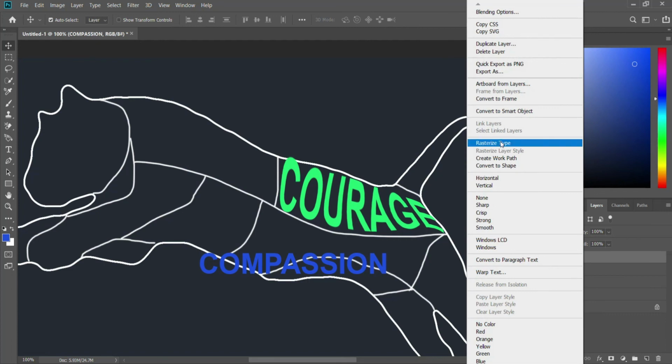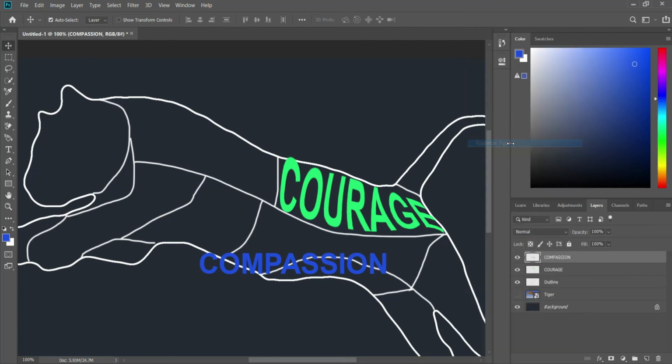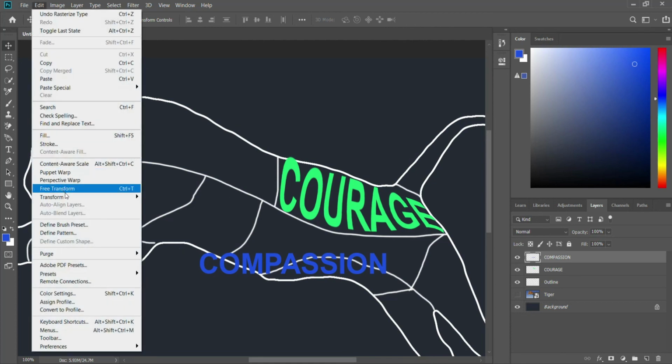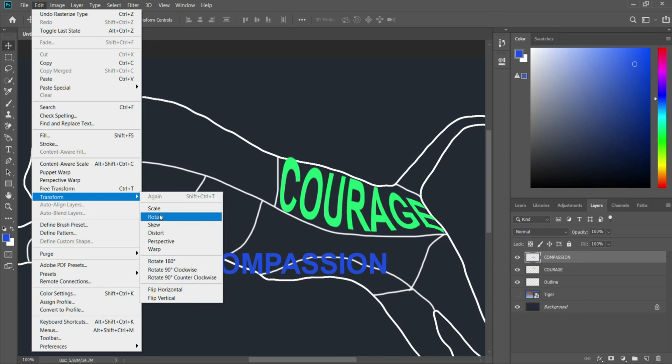Right, so right click at that particular layer, you just click on rasterize type. Okay, so you need to rasterize that particular layer when you want to save it later. So just now we rasterize layer for courage. The second one I rasterize type. Alright? And then as usual we go to edit, transform,